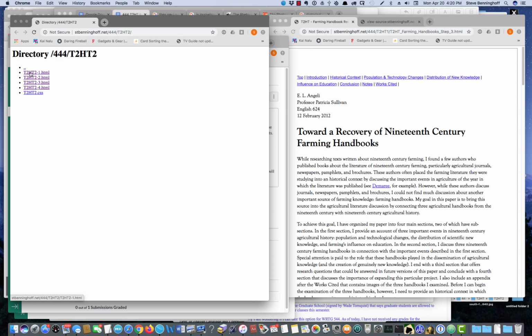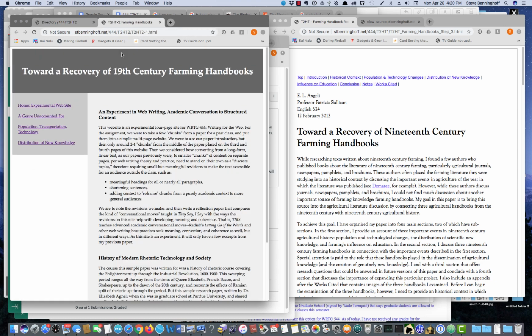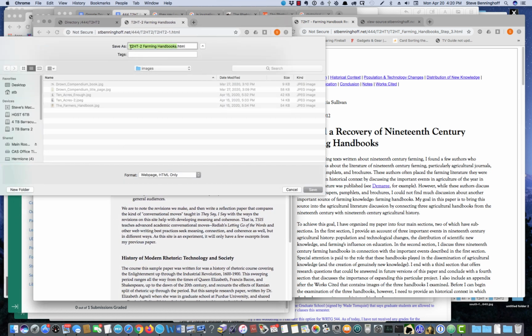And the first thing that you want to do is download or save each of these files. So if I open this in a new tab, there's the first page of the site, and you go under File and Save Page As, and then that's the whole title. You don't really want to do that whole title, you just want to save it and get rid of this part and save each of these files into a single folder on your computer, so that you'll have what looks a lot like